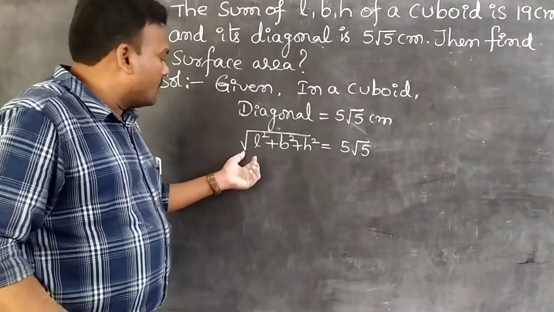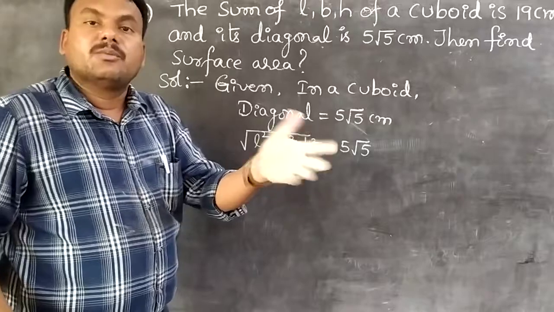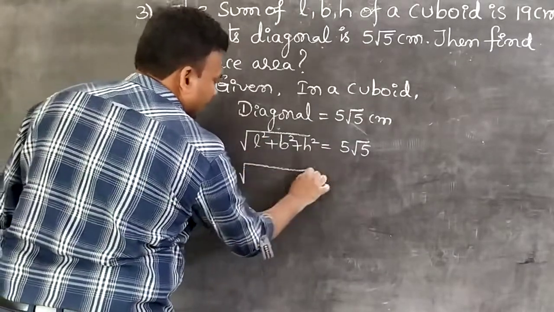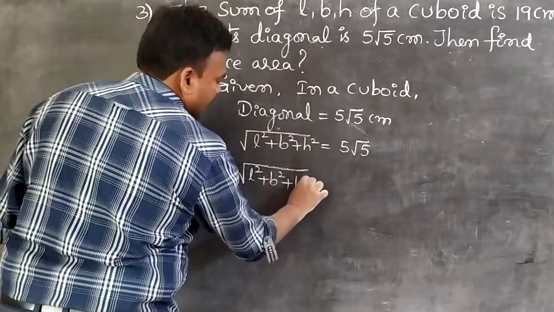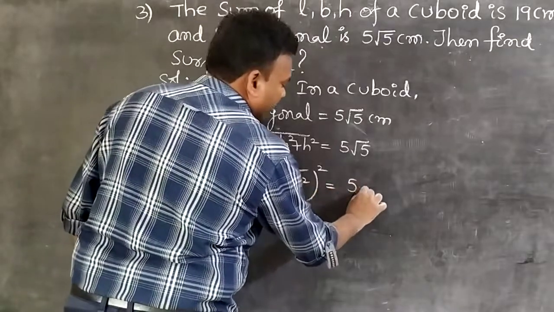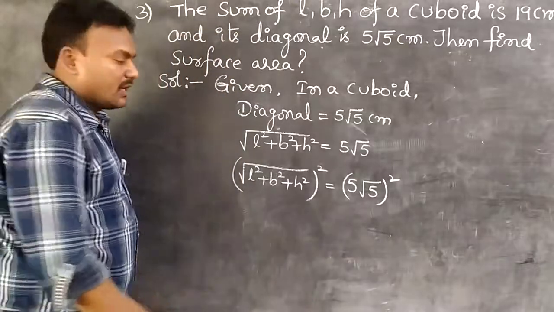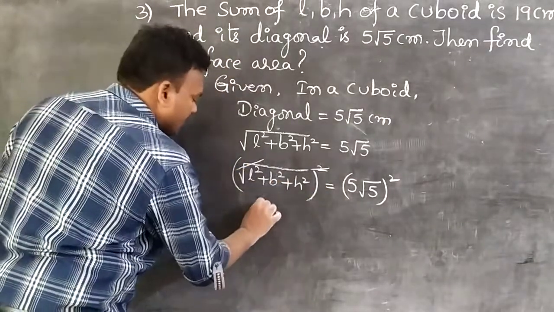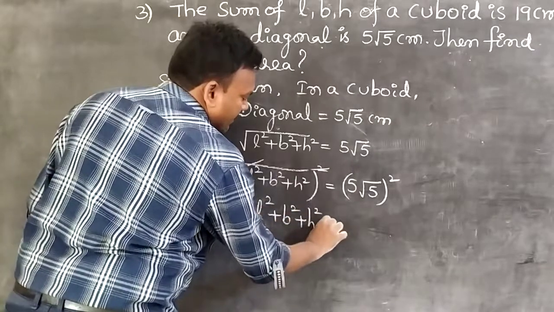Here observe, the root is cancelled only one way, that is squaring on both sides. Squaring on both sides, that is square root of L square plus B square plus H square, whole square, equal to 5 root 5 whole square. Observe, students, here square and square root get cancelled. Then the remaining values are L square plus B square plus H square equal to